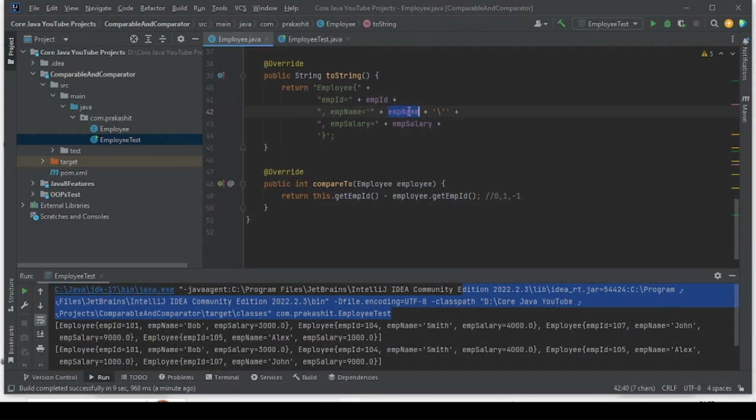Now the question here is how we can sort the Employee objects based on the employee name. For that, what can we do? Let me comment this line. What we have to write is